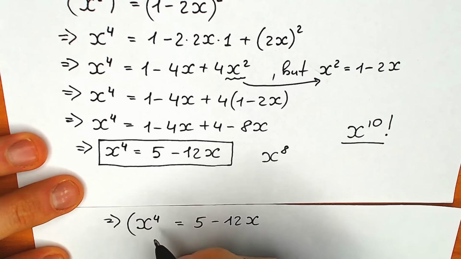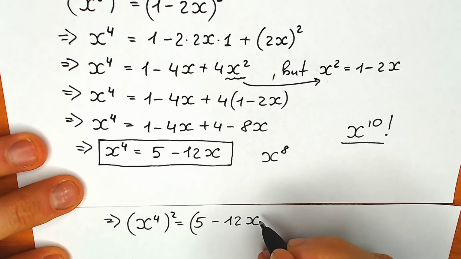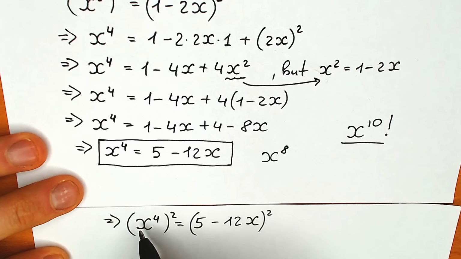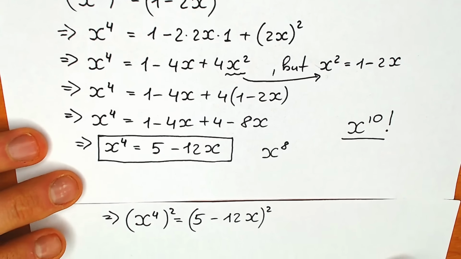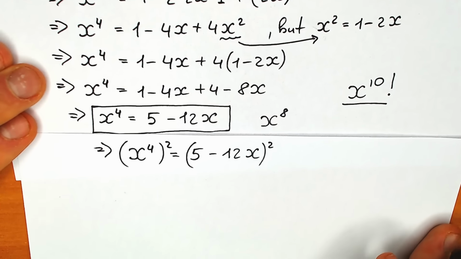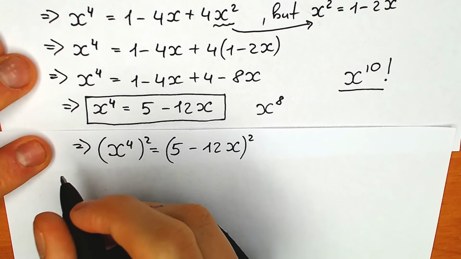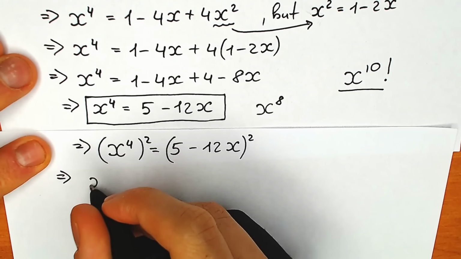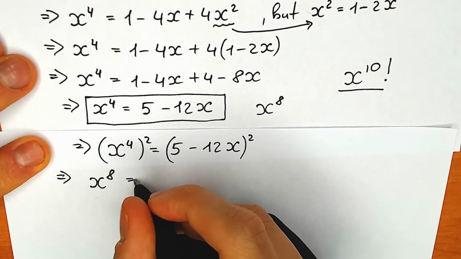So we raise once more to the second power and once more right here to the second power. So we raise this expression to the second power from both sides. Extremely important to raise it from both sides. Okay, let's simplify it. So we have x to the power 8 equal to, right here